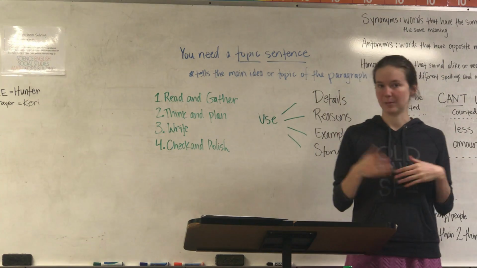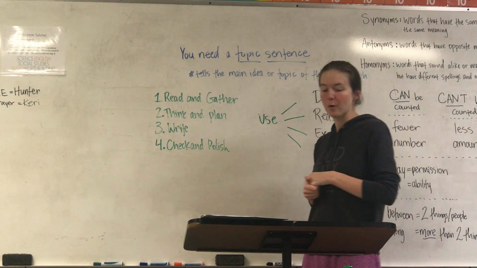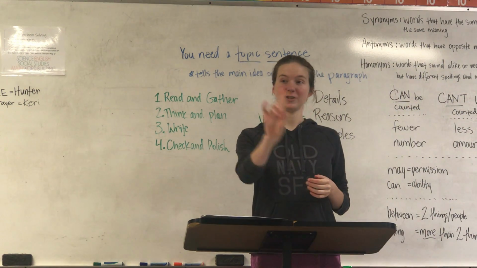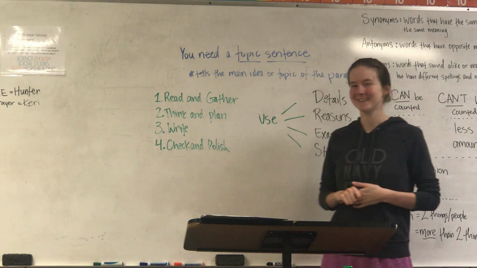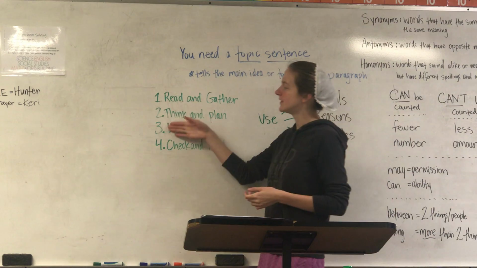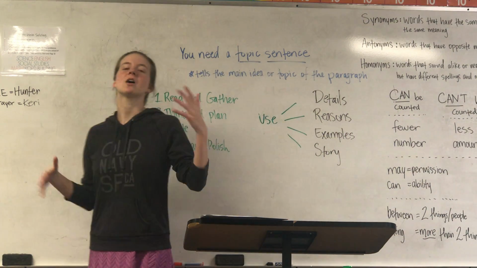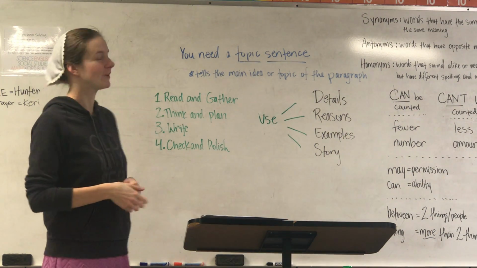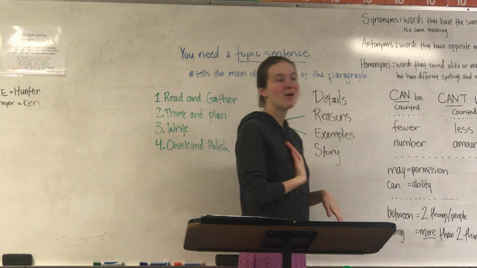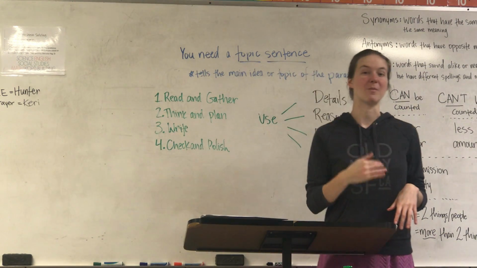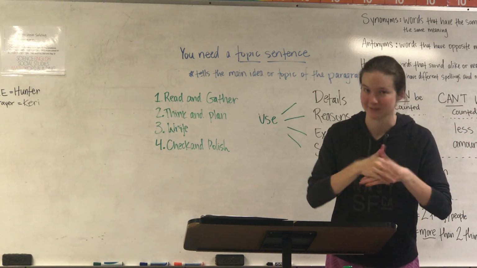Alright, so you should have a couple ideas down about what you could write about the question that you picked that you're going to answer. Now we're going to move on to step number 3. Start writing your paragraph. I want a good topic sentence. I should know what the paragraph is about just by reading your topic sentence.